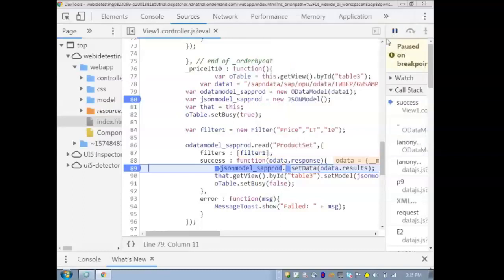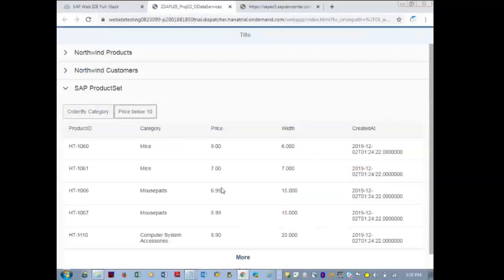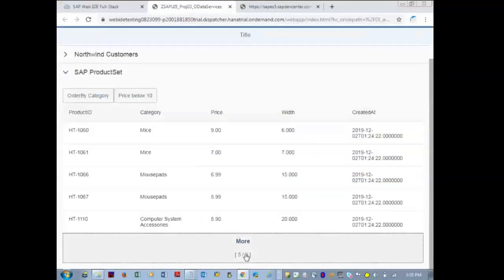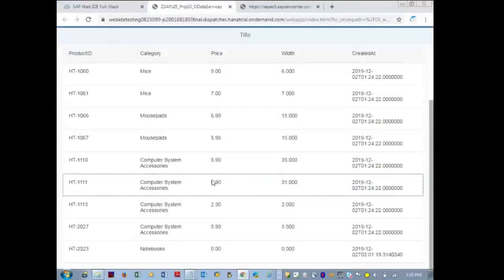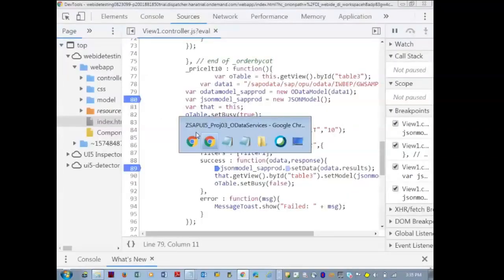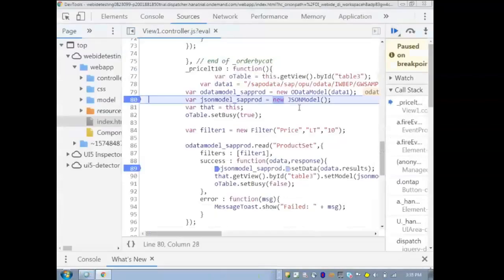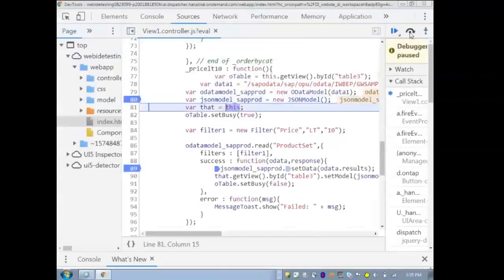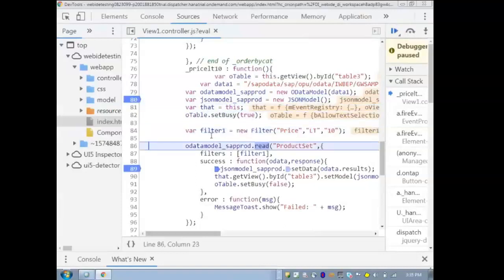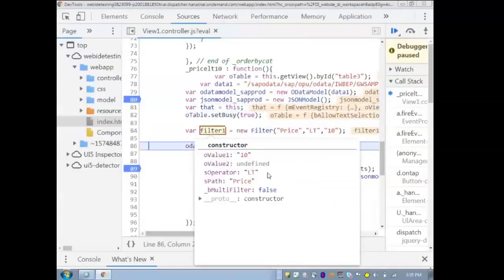Okay, I want to show you, not this one. Table data now has only 9 values. All the values are below 10. So let me again hit this one. I just want to keep the cursor at this point, and you can see how the values are being fetched: SPAR price less than 10.